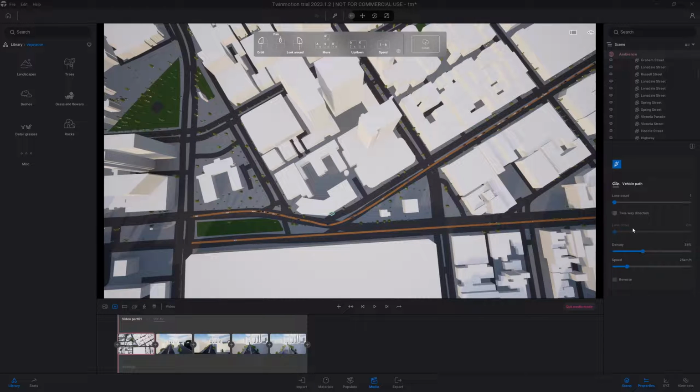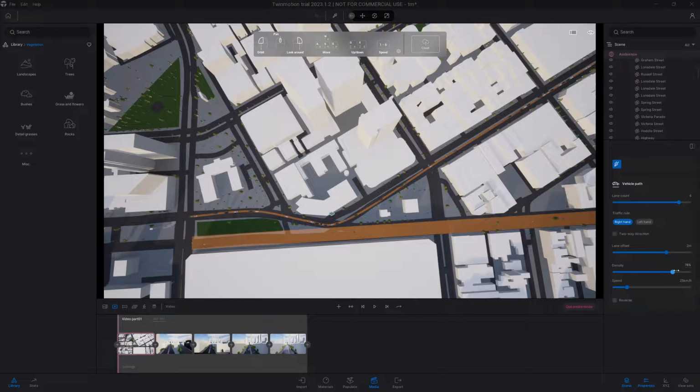and first and foremost we can change the lane count. Let's make this 5 lanes across, let's say, which isn't very realistic, but let's leave it at 4, and we can offset it to make it fatter roads, and we can change the density. So also this is really busy. And then